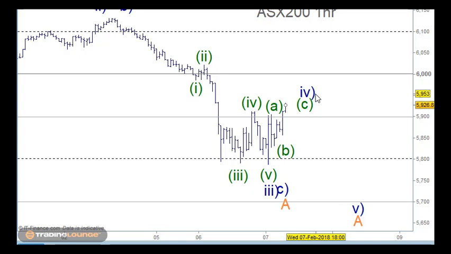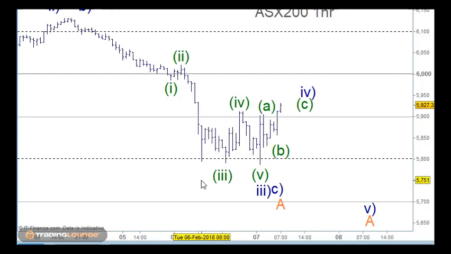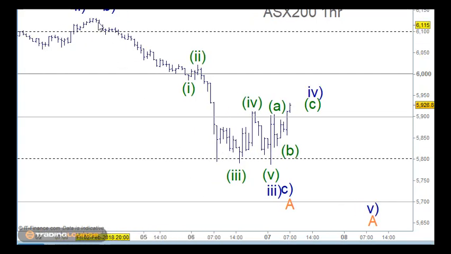I mean, 38 is 40%, and it normally moves back to the wave 4 of 1 lesser degree, which would be here. But it can move past that a bit, so we just need to be a little bit mindful of that as well. So coming down through here, this long stretch down here,